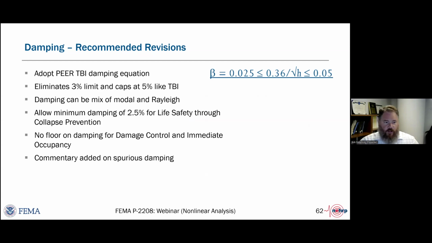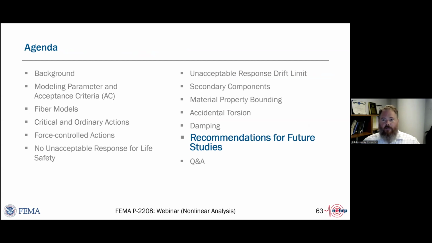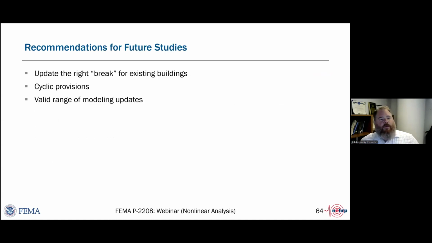So that wrapped up all the changes that we recommended. And as any applied research project goes, we wouldn't conclude the project without recommendations for more study and more work. Some of these things are being picked up by the current ATC-140 project. Probably the biggest one is the right bar for existing buildings. What we mean is what are the right performance objectives for existing buildings, specifically as we define the basic performance objective for existing buildings.